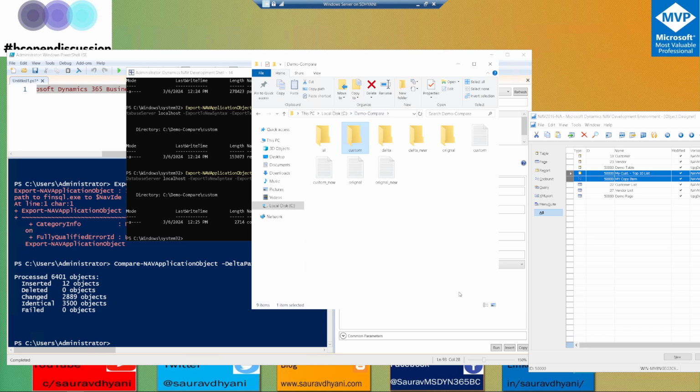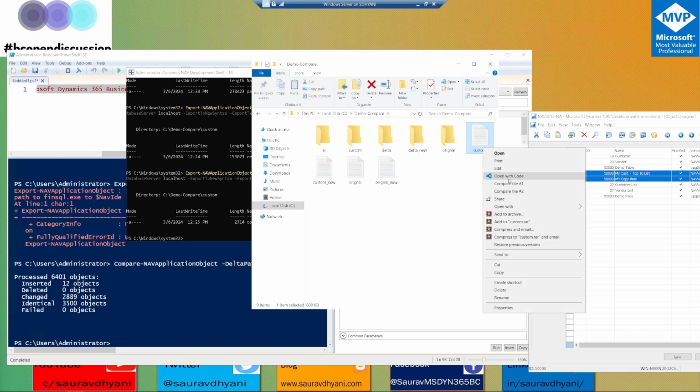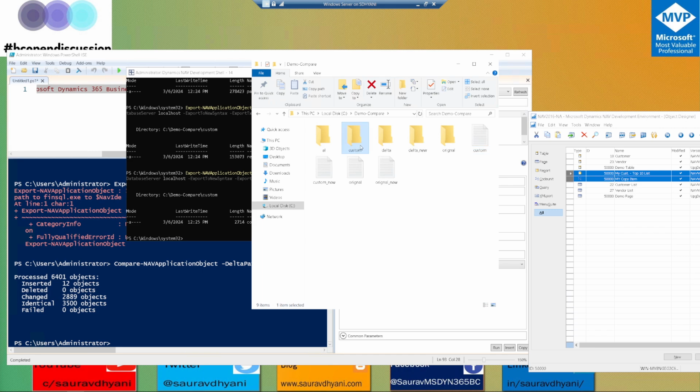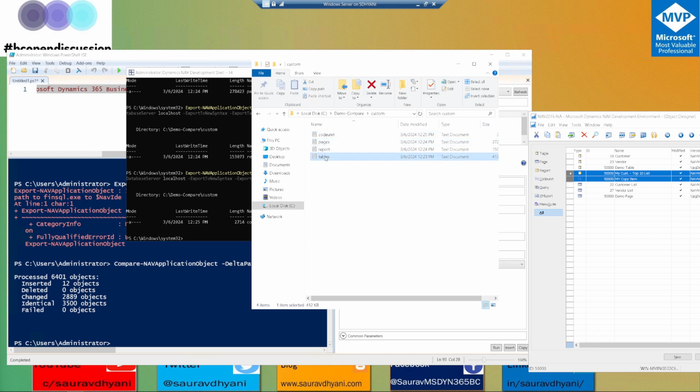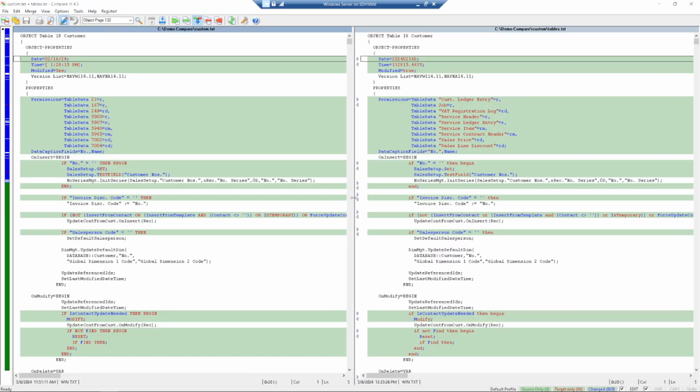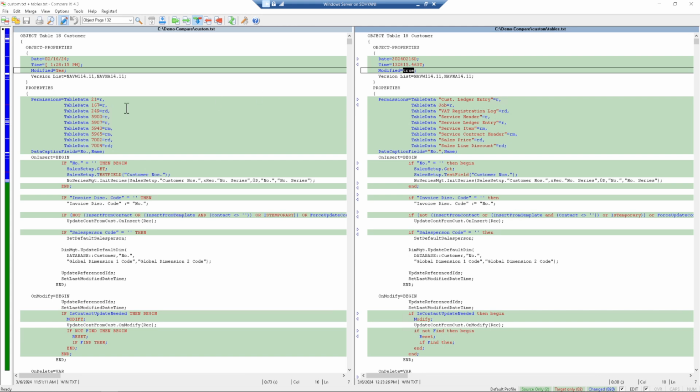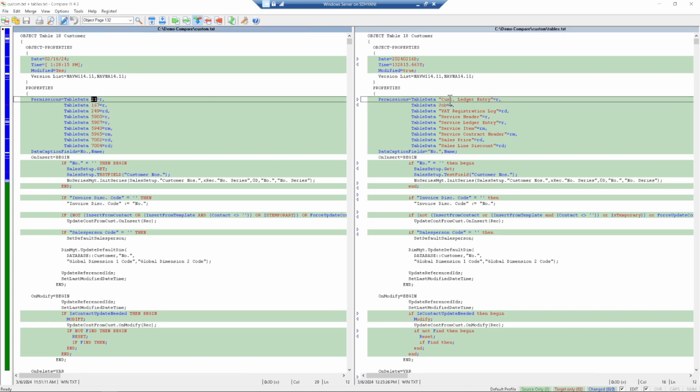So what I'll do here is I'll say custom, which is manually downloaded, and do a compare of this file and pick here the custom tables to see the difference. When I compare this file, you notice that when you do it from PowerShell with the export to new syntax, the system is smart enough to understand that these two parameters are no longer needed. Every yes in NAV is transferred to true, or false for no, and every table number is now reflected with